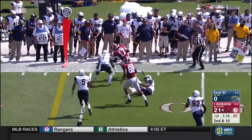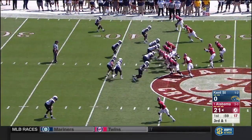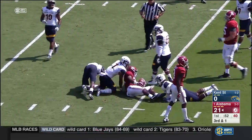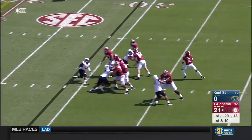To the outside, and Sims' second effort to spin it upfield. Howard in motion. Here's Jacobs, another Alabama first down, another big run for Joshua Jacobs. Montez Hurts